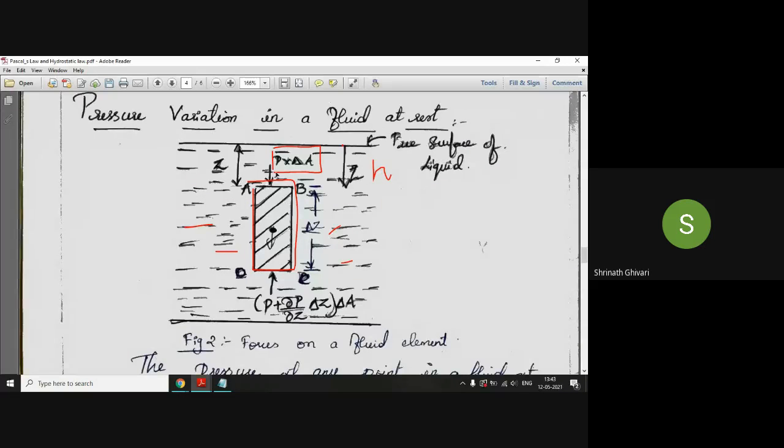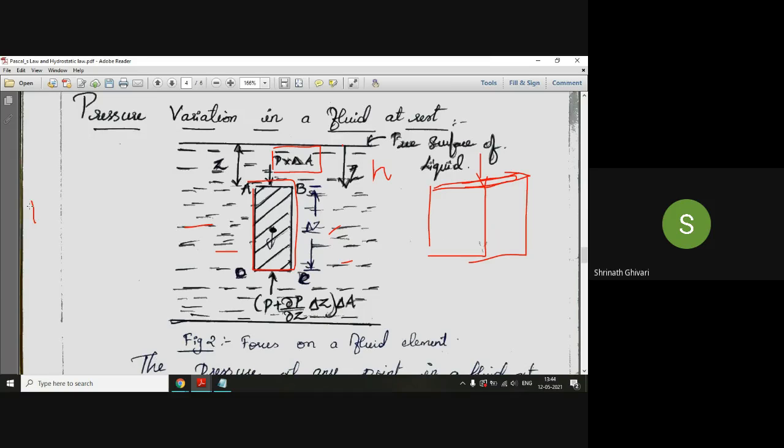So this is the point where the pressure is acting on this surface. Pressure acting on face AB is P into delta A. Now I have told you this is in a 2D plane. In 3D, it will have some dimension like this, and because of that dimension only, we are able to put a pressure on this area. On this area there is a pressure force acting.